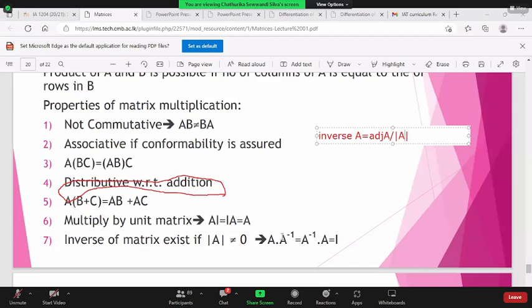Another property that they have given is, if there's a matrix called A, and if we multiply that particular matrix by its inverse, then definitely we'll end up with the unit matrix. දීලා තියෙන matrix එකක් එයාගේ inverse එකෙන් වැඩි කරොත් අපිට ලැබෙන්නේ unit matrix එක. We multiply the given matrix with its own inverse, then we will be getting the identity matrix, right?